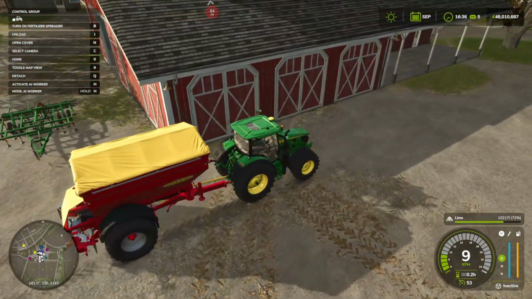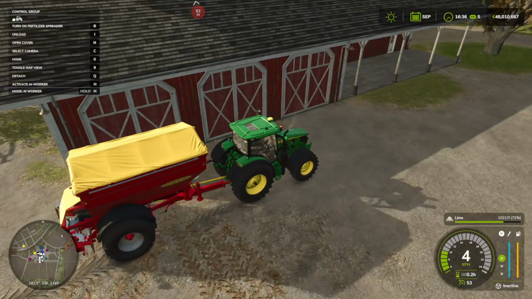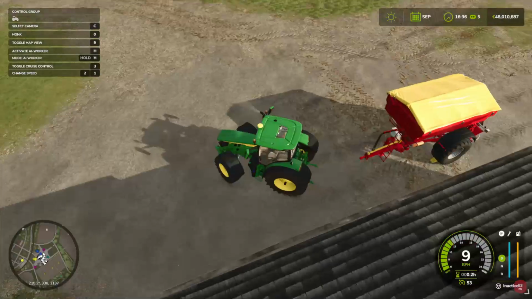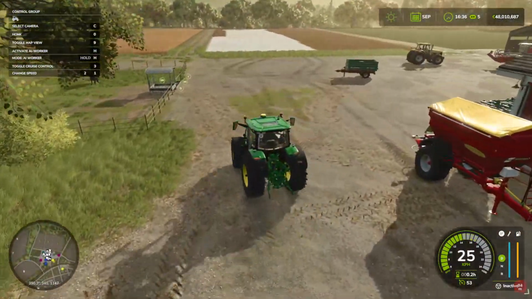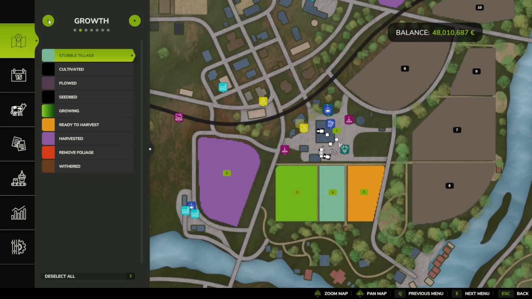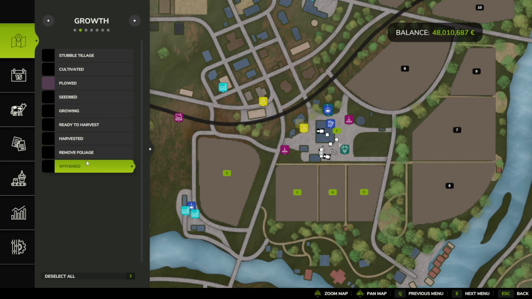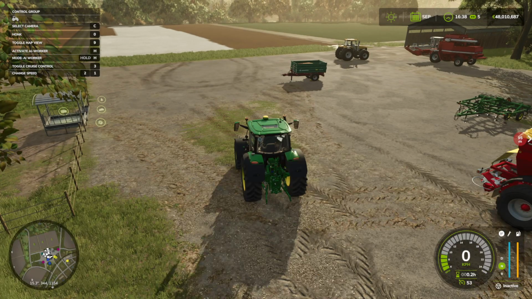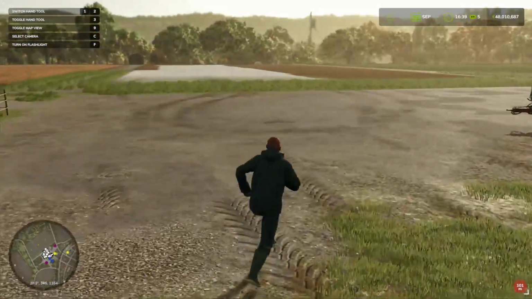So what I'm going to do is park up my Bredel over here. And a Q again to detach it. And I'm going to drive around. This field doesn't actually need ploughing, but I'm just showing you for the purpose of the tutorial. And again, you can go to growth. And again, let's turn everything off just because it makes it easier, especially if you're a beginner. And we can select this option for ploughed, cultivated, or stubble tillage. So if I get out of this tractor, stubble tillage, if you're wondering what that is,